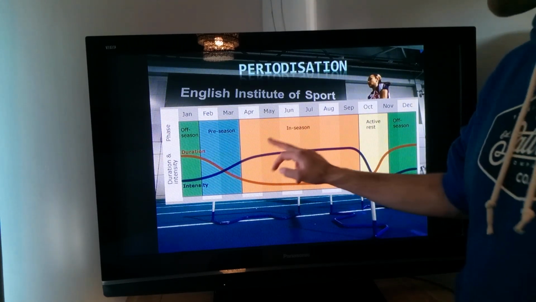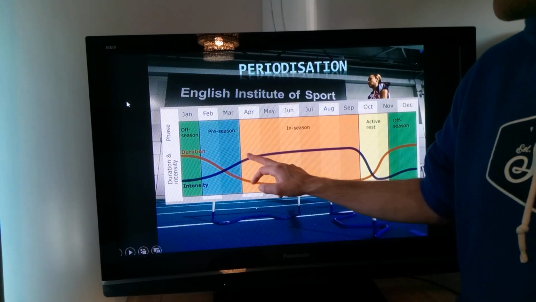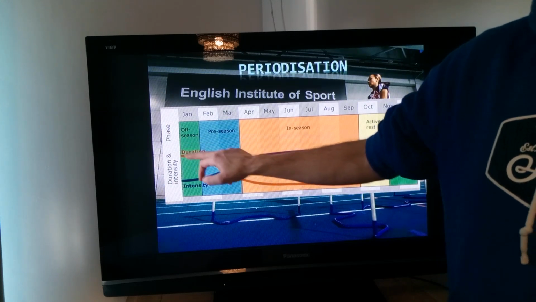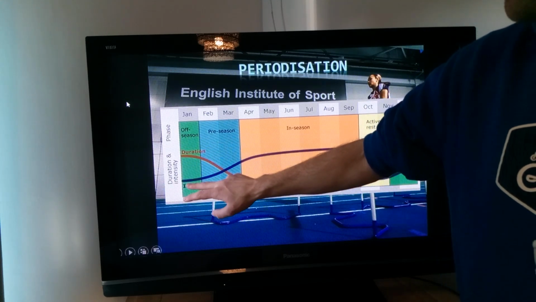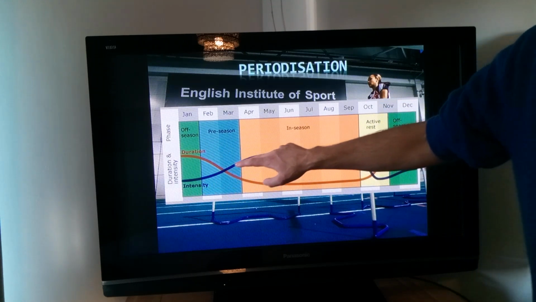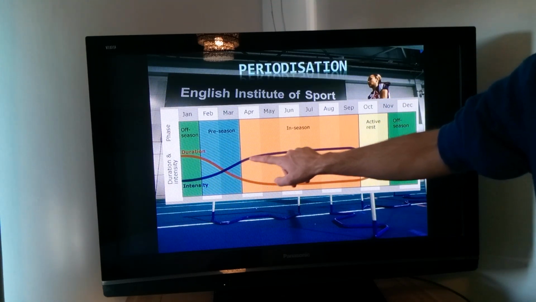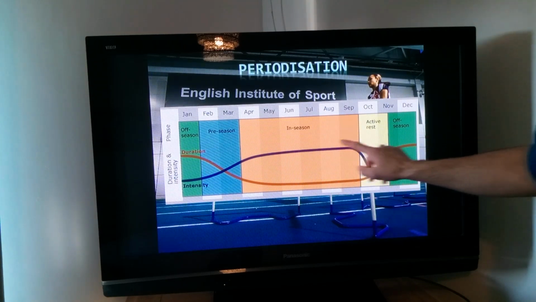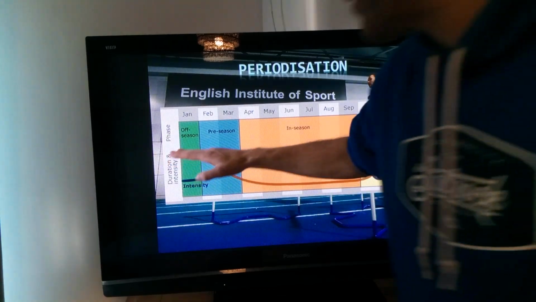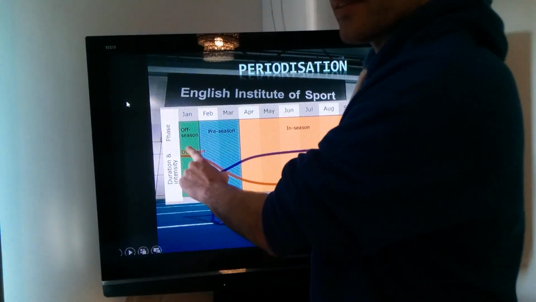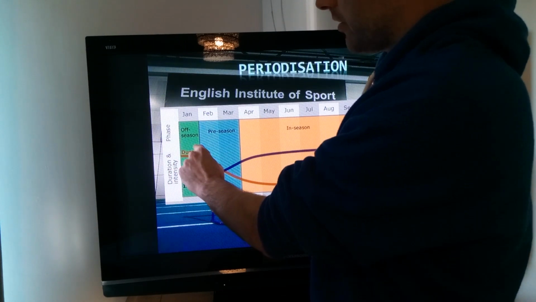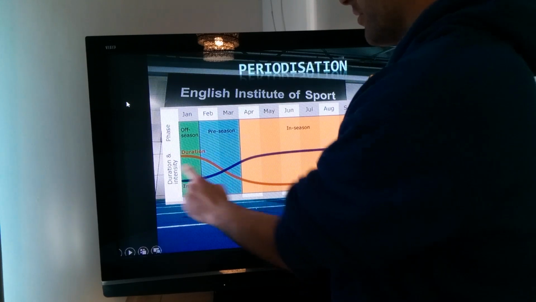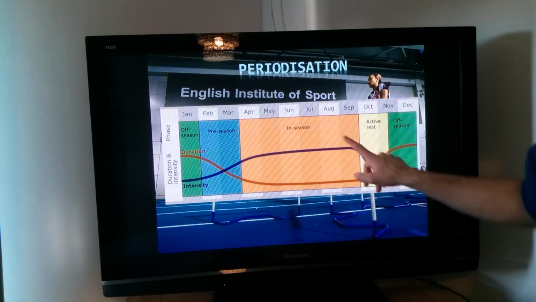But what does increase is your intensity that you're working at. Okay, so here you might be doing really slow runs because your intensity is low, but as you get closer and closer to the competition season, your intensity should be coming up to kind of your match intensity, race intensity, etc. So you build it. If we started up here in our off season with high intensity, we'd likely get injured because we wouldn't have kind of warmed our muscles up and got our muscles ready for in here. So you have to do it on a gradual basis, and then during the rest you drop it back down again.